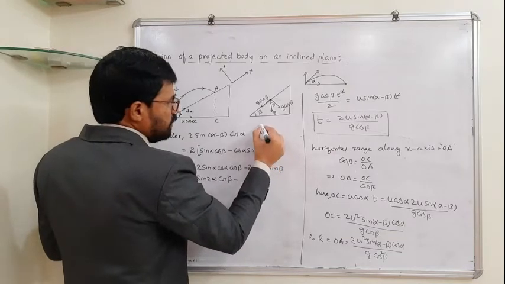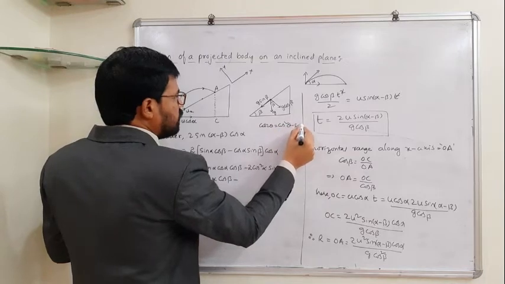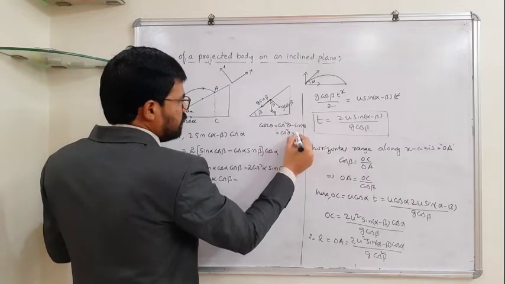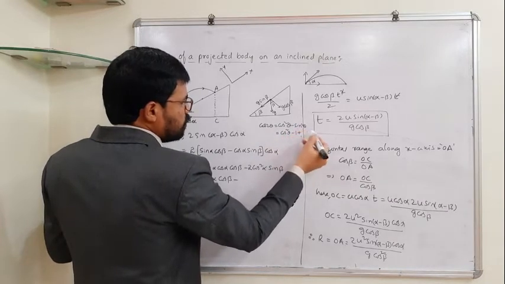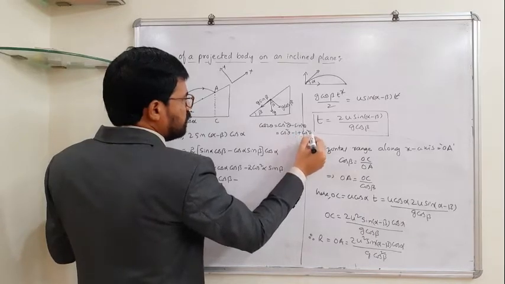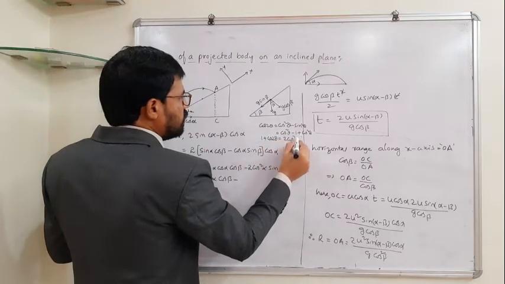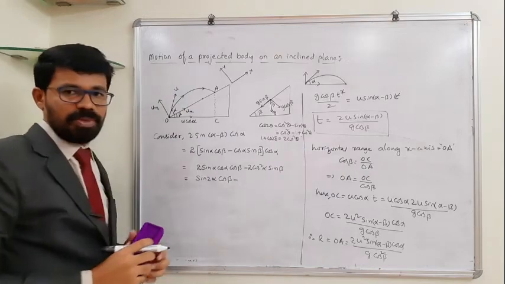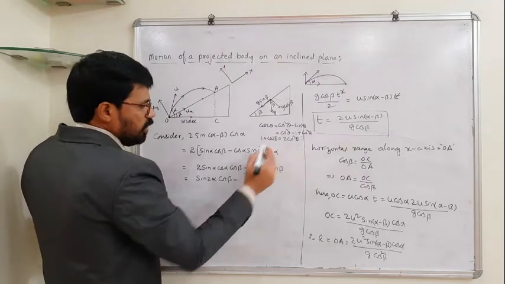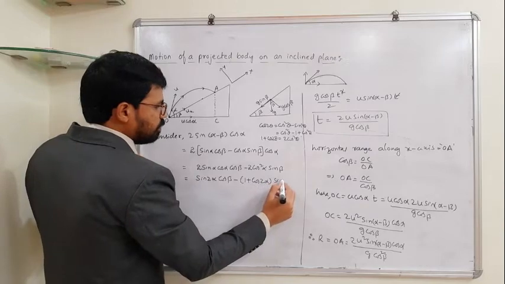See, cos 2 theta is equal to cos square theta minus sin square theta, isn't it? So from here, cos square theta minus, this can be written as 1 minus cos square theta. If you multiply by minus, then you will have minus 1 plus cos square theta, or 1 plus cos 2 theta is equal to 2 cos square theta. So 2 cos square theta can be expressed as 1 plus cos 2 theta, right? So 2 cos square alpha can be expressed as 1 plus cos 2 alpha, into sin beta.